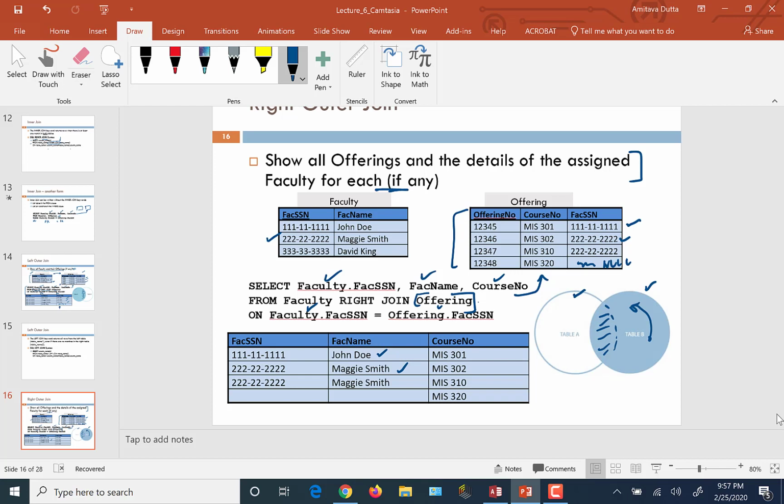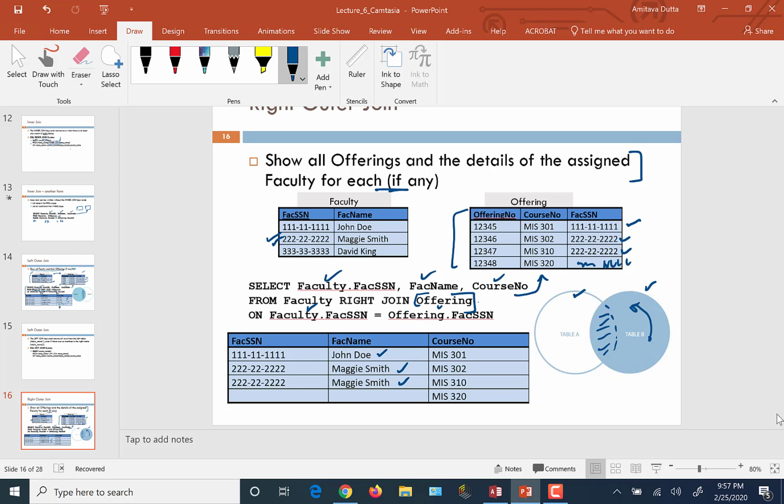So here's the second. Now I pick up the third row over here, and the faculty SSN is all 2s. So again I go down the faculty list, and again it matches Maggie Smith. So here's the third row with the course 310, and now I come to the last offering,